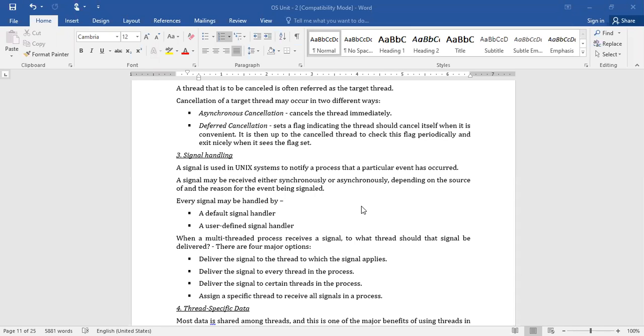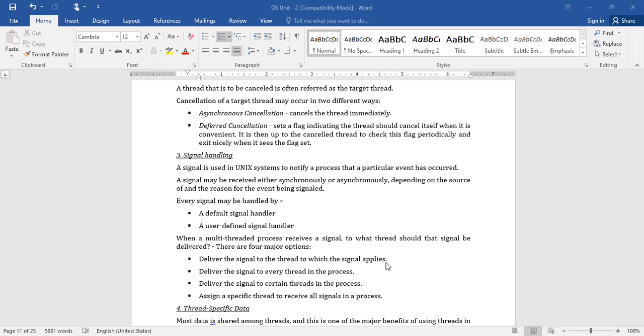Now, when a multi-threaded process receives a signal, to which thread does it go? Multiple threads are executing and the signal has occurred, so who is going to handle this particular signal? We have four major options. One is to deliver the signal to the thread to which the signal applies. Another option is to deliver the signal to every thread in the process, without passing it to a specific one.